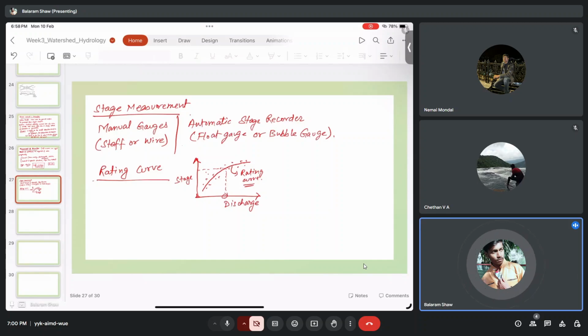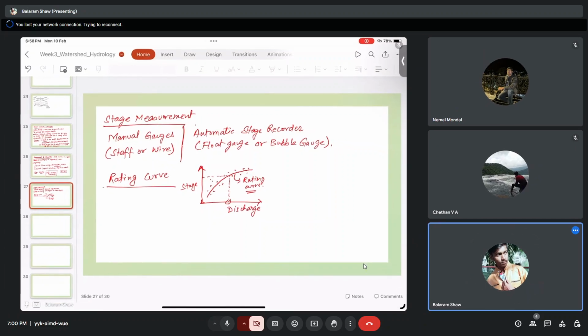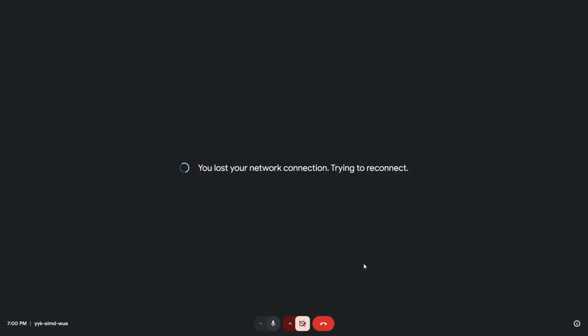Next, I'll write the assumptions. Assumptions are: it should be steady flow, it should be uniform flow, it should have constant slope in the channel, constant channel slope, and then there should be no backward